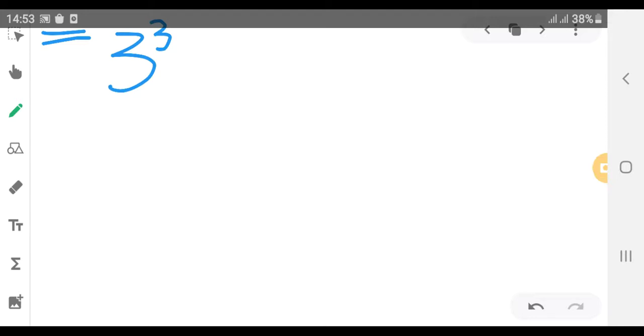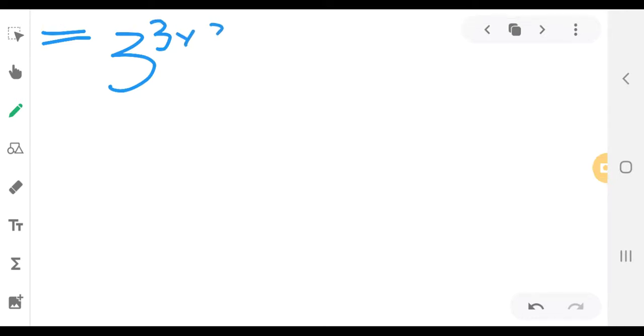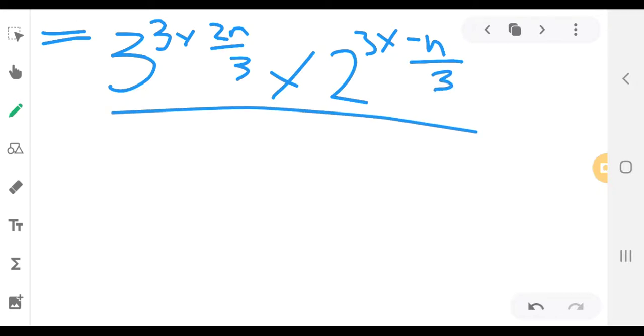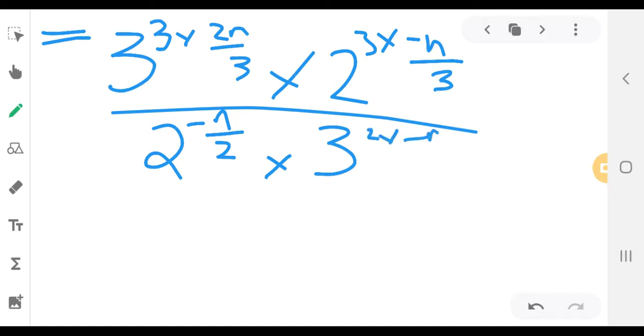Then the next step will be we are going to multiply by the law of power for power. We are going to multiply the powers like this. It's upon your own choice if you use the brackets over here or not, because it does not matter much over here. We are going to separate both of the numbers: 2 to the power minus n upon 2, multiply by 3 square into minus n upon 2.